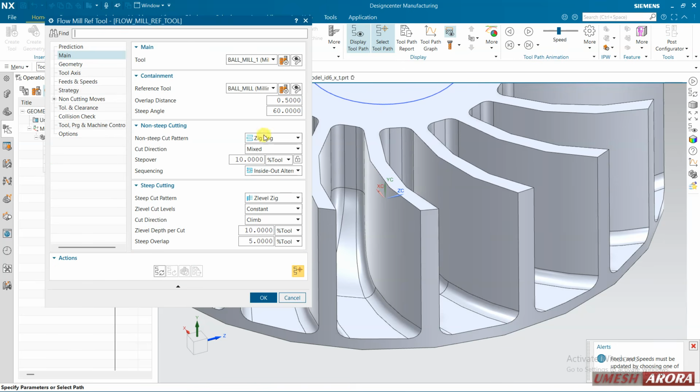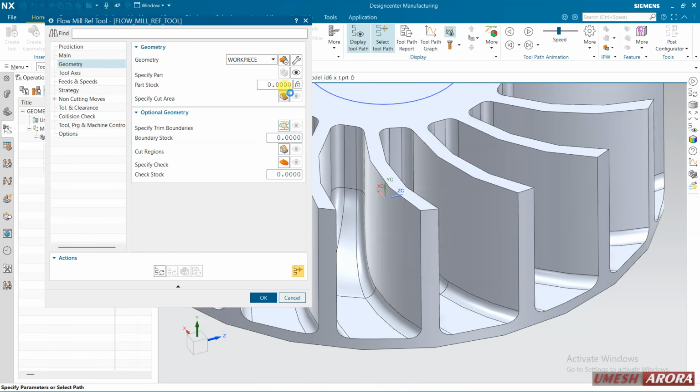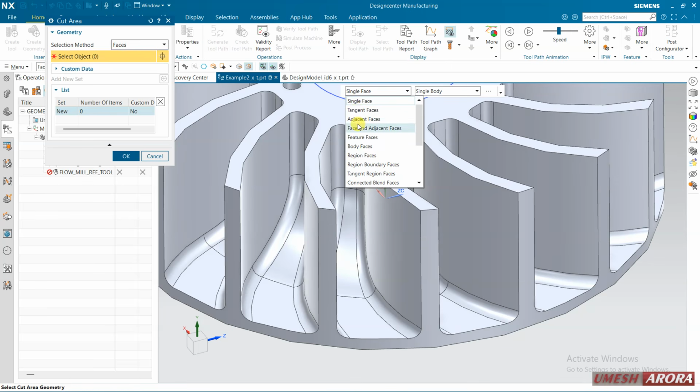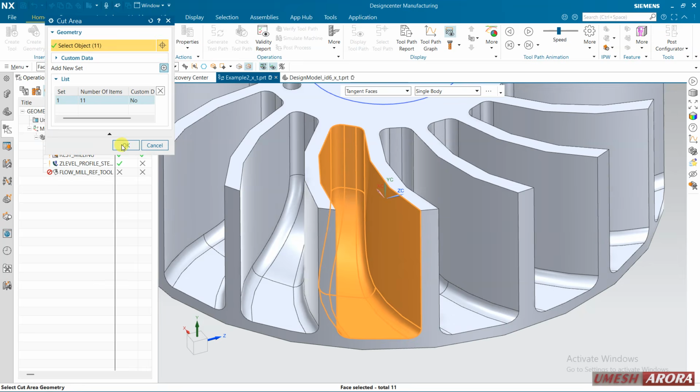Zigzag, it is okay. Overlap 60%, step over 0.4, 10, 8% of tool. Geometry, so select the geometry, again the same geometry I'm using.